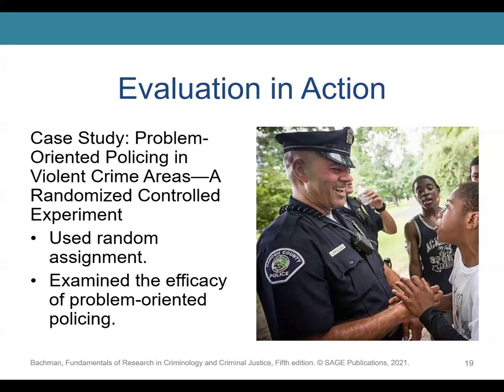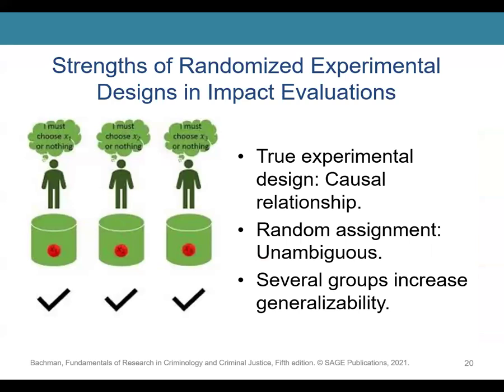Next, we have our strengths of randomization, true experimental design, and causal relationship. The data obtained from true experimental design is the best way to determine that all criteria to establish a causal relationship between variables have been met, such as the association between independent and dependent variables, a correct time order, meaning the independent variable precedes the dependent,